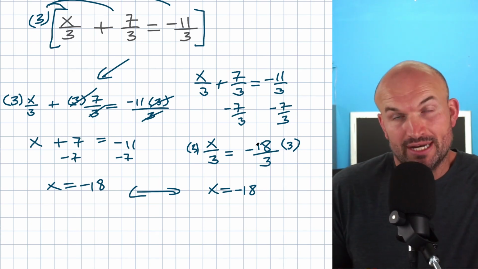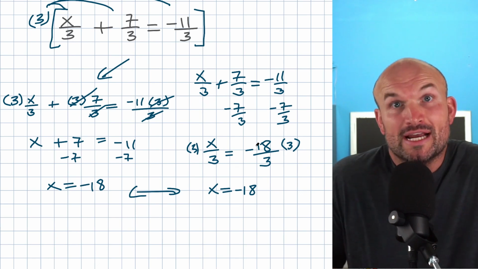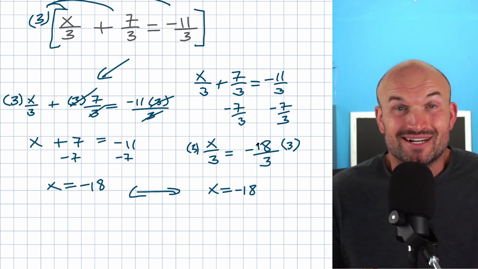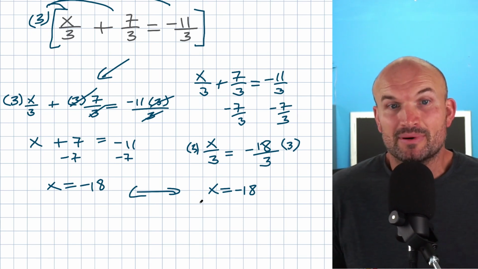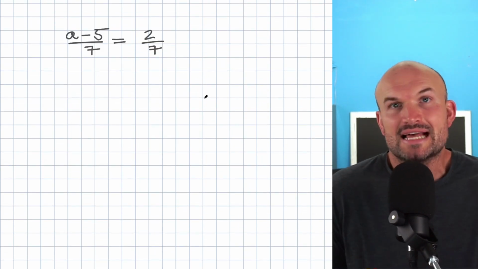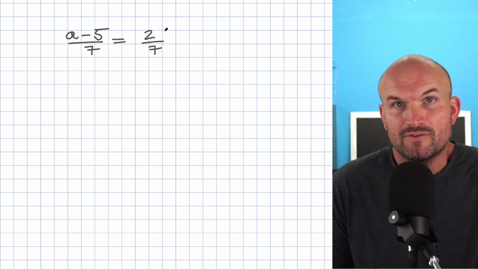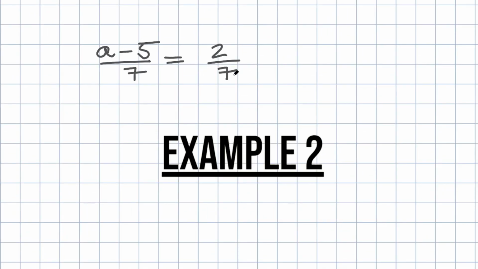So when you have a proportion, a fraction equal to a fraction, or a ratio equal to a ratio, and the denominator is exactly the same, you can just set numerator equal to numerator. The reason why I bring this up is because in this example, that's exactly what we have, right? We have a fraction equal to a fraction. Well, guess what? The denominators are exactly the same. So the quickest, the fastest, the easiest way to do a problem like this is just set the numerators equal